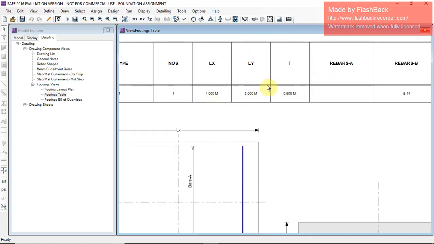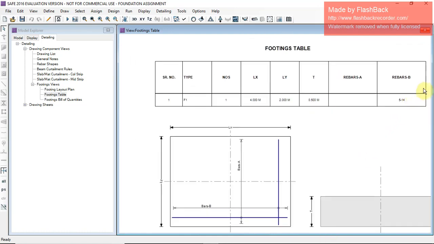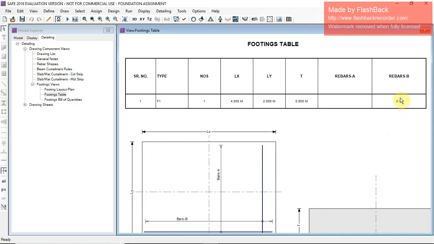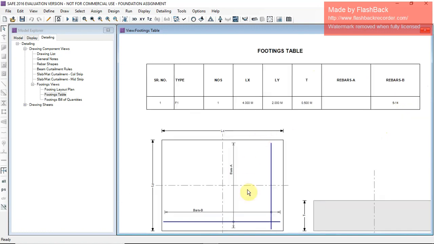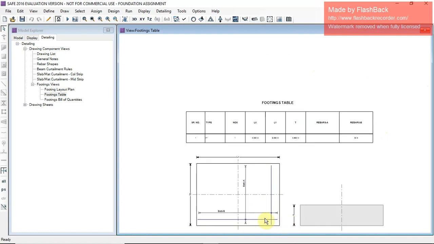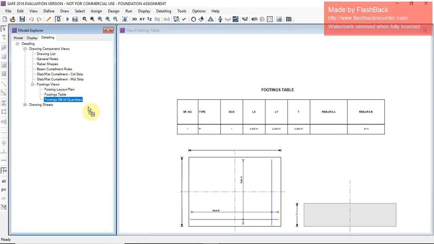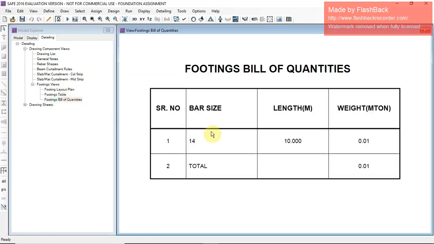Lx is 4 meter, Ly is 2 meter, thickness 0.500. Here you can see 5 bars of 14 mm are required for this. Okay, you can see the footing bill of quantities.